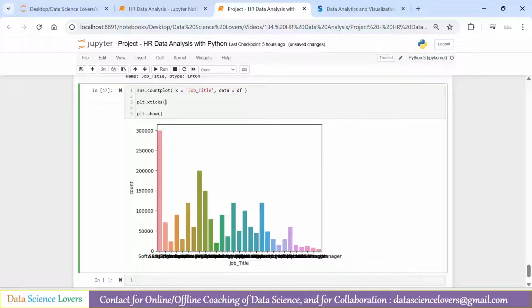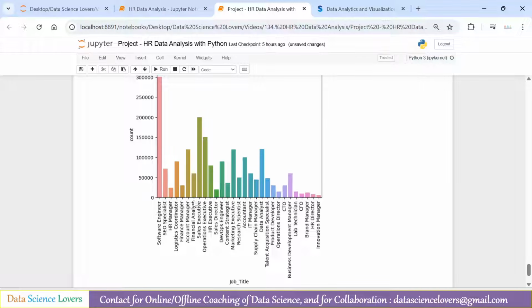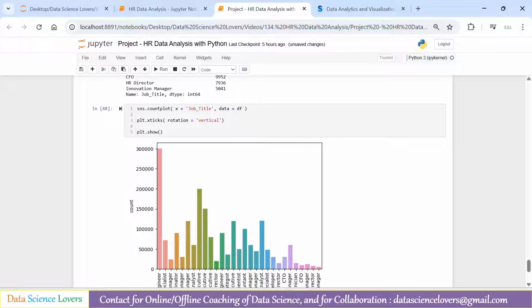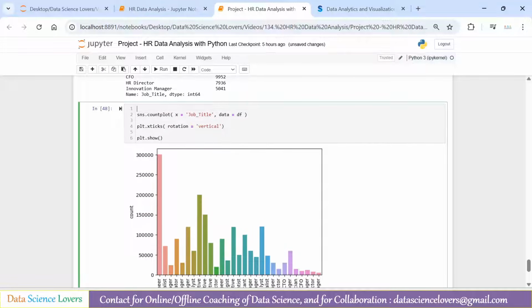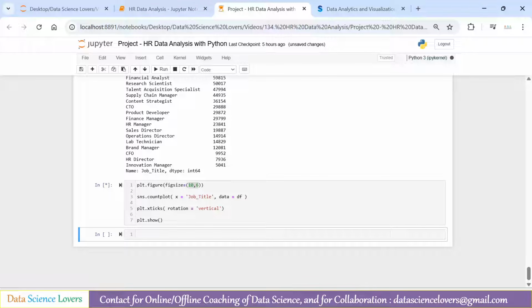plt.xticks, and here we have to pass the parameter rotation. Here the rotation is horizontal, but when we pass rotation as vertical, let's see the changes. Here it will look like this. We can also change the size of this figure using the figure function, plt.figure. Here I am setting the size as 10 by 6. When we run this, it will show